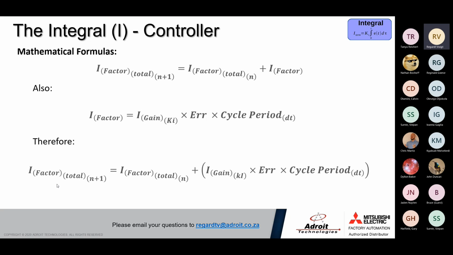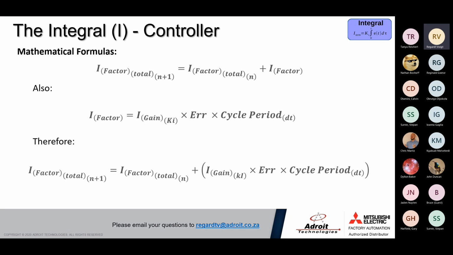So in this whole formula, the only input that you as the user will have will be this I gain here, where you will configure it. The error will be calculated internally in the PLC, and obviously the cycle period will be configured on the PLC. It will also depend on what PLC you have. It will also depend on your hardware in the field, if they can handle high sampling rates and high outputs. And so this cycle period will be hardware dependent, and this error will be dependent on the performance of your controller, and this will be dependent on the user's input on how aggressive he wants the I factor to